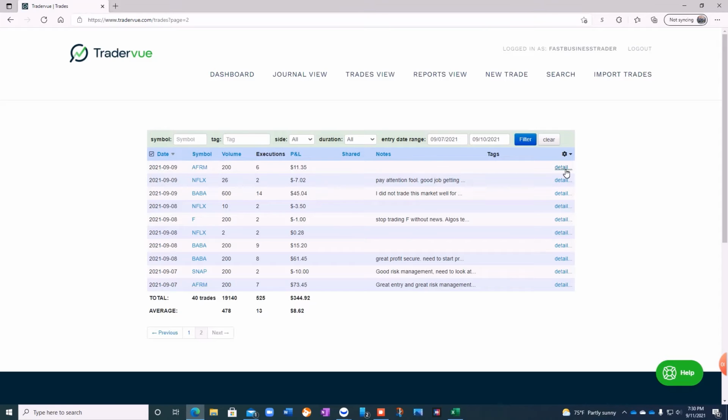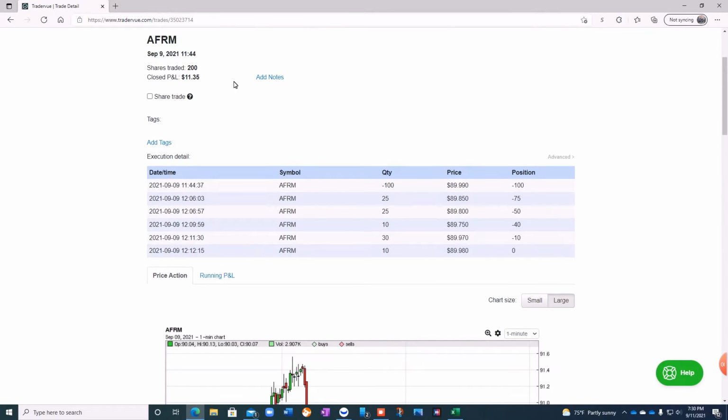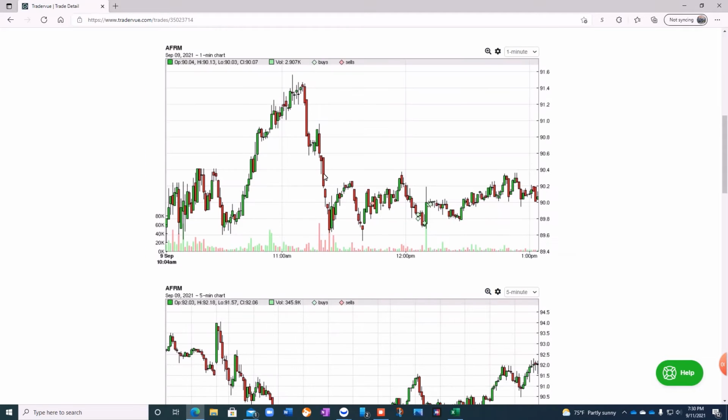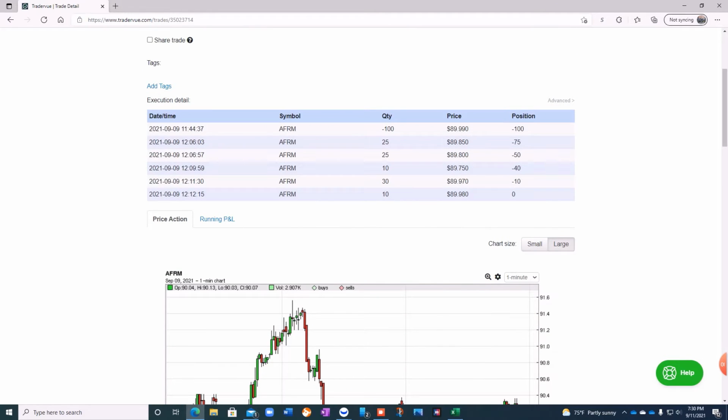And firm also ate some of the profit that I made with it, because of what I did. See here, I sold it at $89.99, and I sold a quarter of it at 85, another quarter at 80, then 75, and then it went back up. And those shares ate some of the profit because it came back up. Anyways,